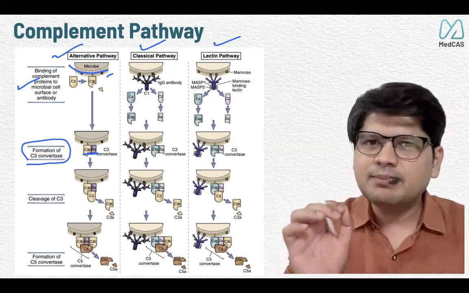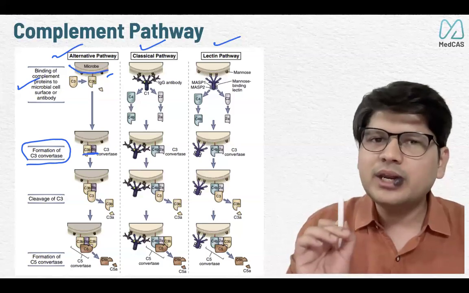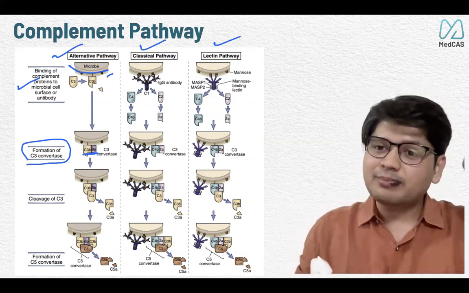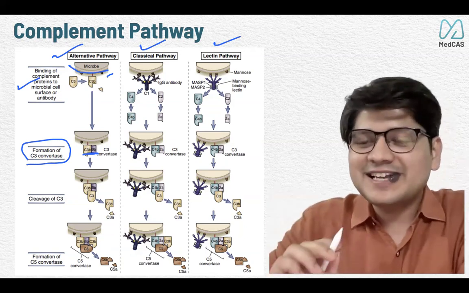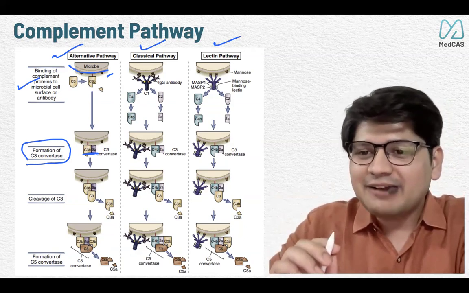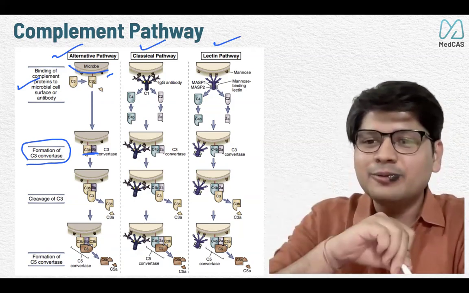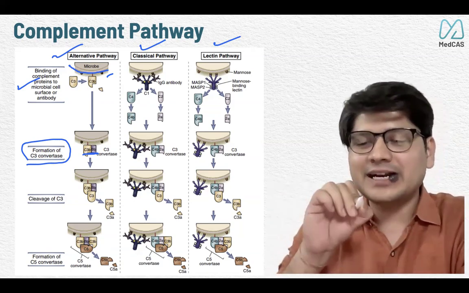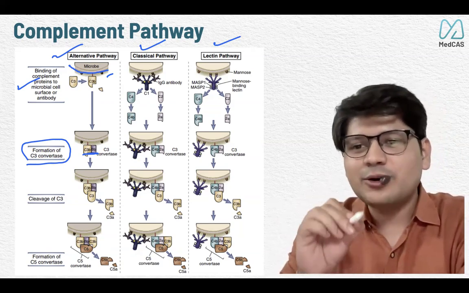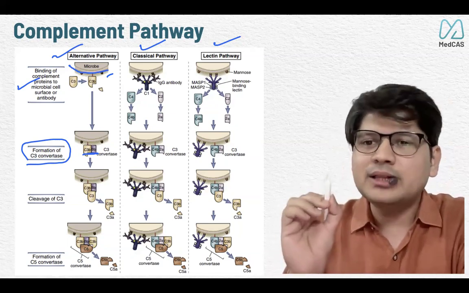For the classical pathway to get activated, you need antibody. You need antibody, meaning the adaptive system, right? When we were discussing the innate system and complement, now you are telling me that to activate something of innate, you need something from adaptive, meaning everything is linked. That's what we have to start remembering: the complement system also complements adaptive immunity, with the ultimate aim to kill the bacteria.